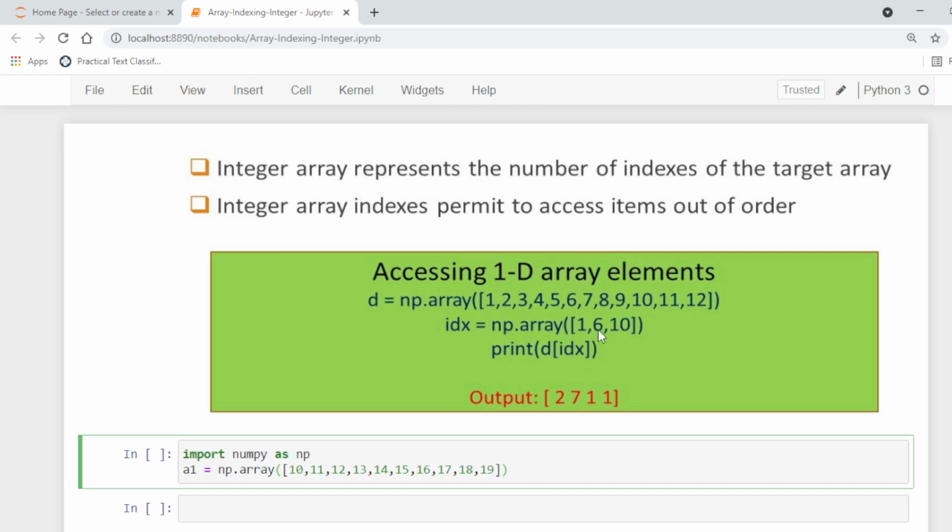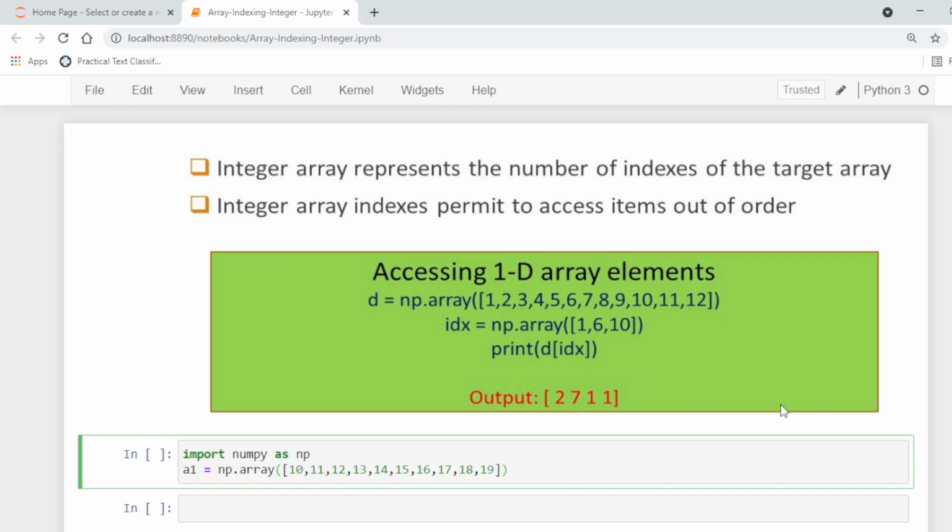So 1, 6, 3 are the indexes for the above array, where we want to extract the elements stored at these indices: 2 is stored at index 1, 7 is stored at index 6, and 10 is stored at index 11.